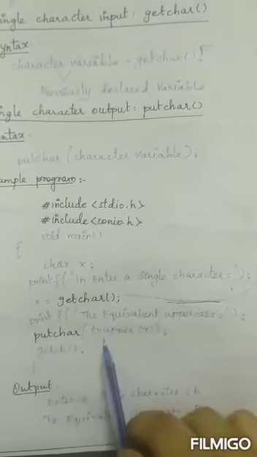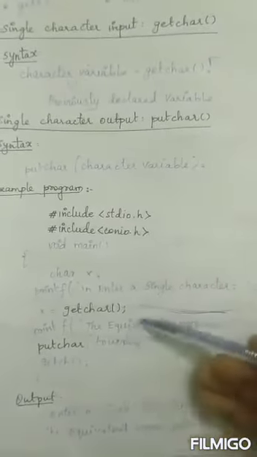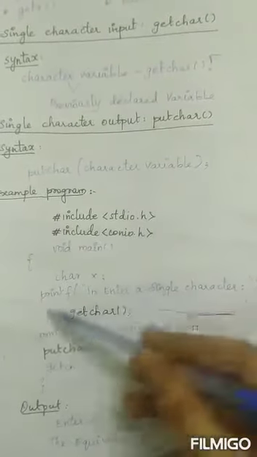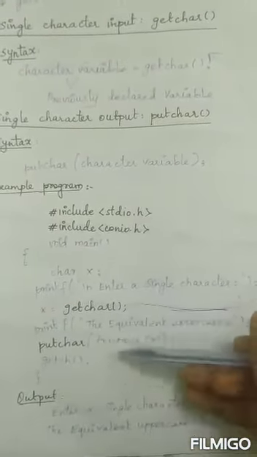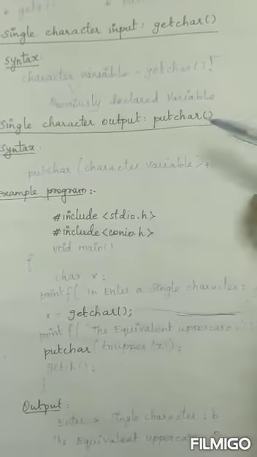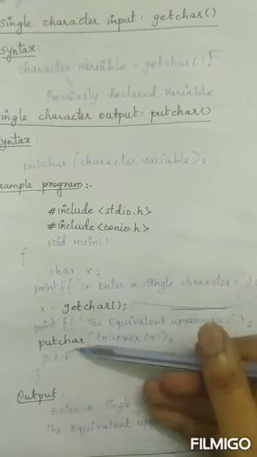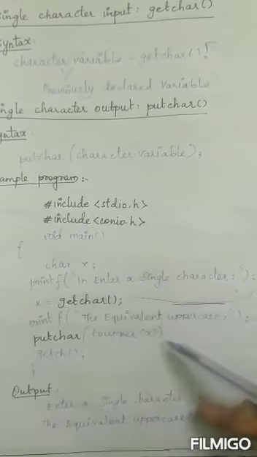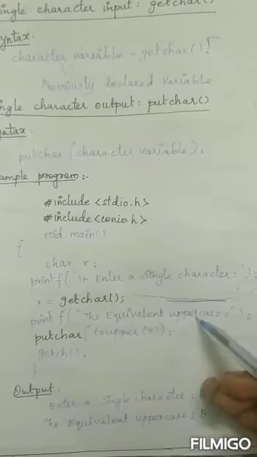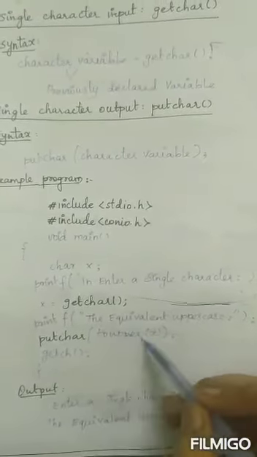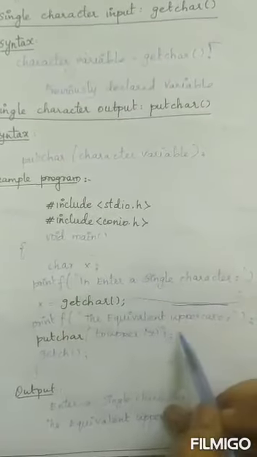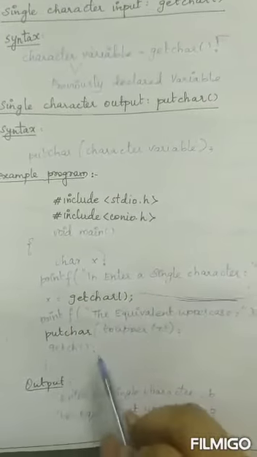So here, again, I must display it. I have now given the input. Now it's going to display it. So I must use the putChar this time. So here putChar, inside the bracket I am giving the uppercase variable name called toUpper. Inside the bracket I have the variable we declared here, x, semicolon, getCH, semicolon.